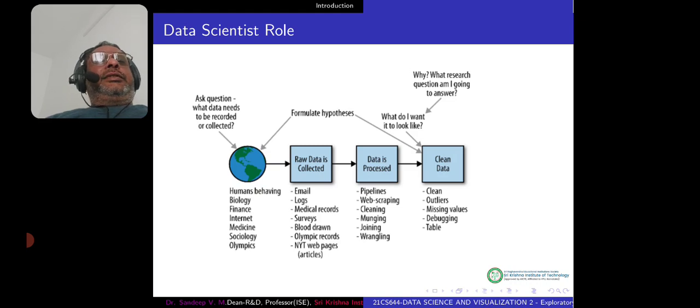Then this is processed using pipelines, web scraping, cleaning, munging, joining, wrangling, and all that. Then the data is cleaned: identify outliers and remove them, work with the missing values, debug tables and all. And at the end, we ask the questions, what do I want it to look like, and why, what research question am I going to answer. So all these are roles played by the data scientist. Starts from the question,